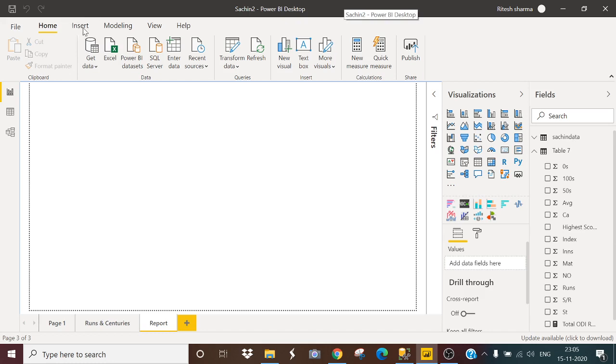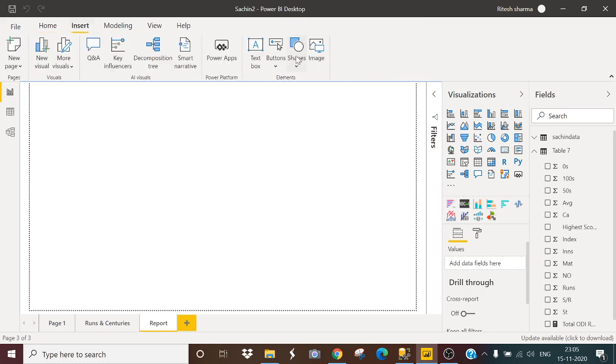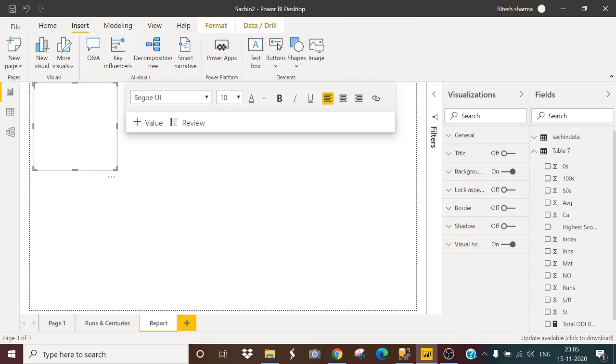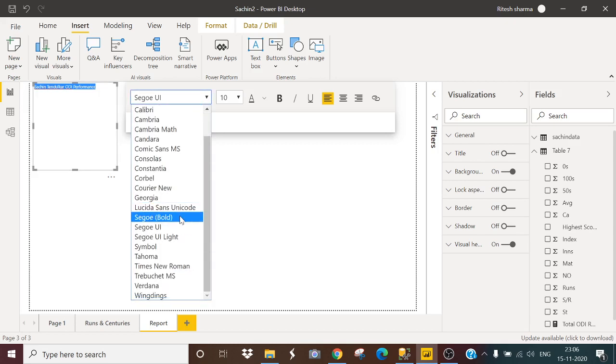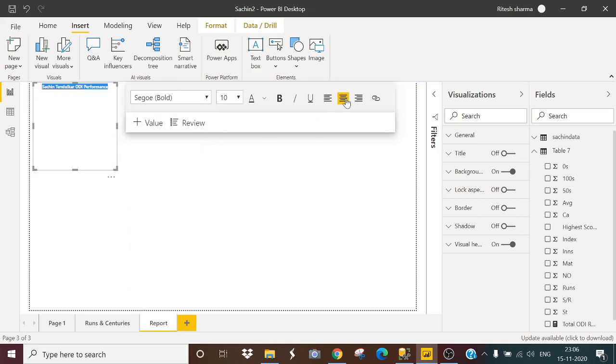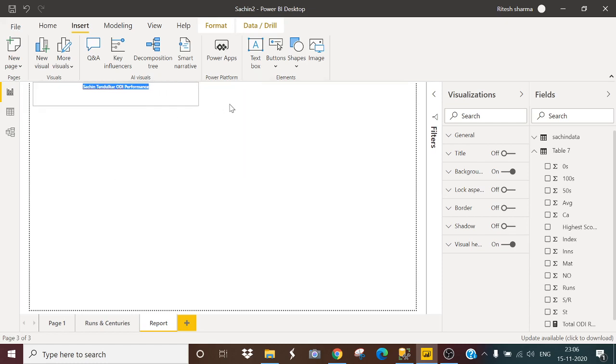Firstly, I will go to this Insert button and insert this text box, and I will name it Sachin Tendulkar ODI performance. I will make the font bold and center it. Now I will drag it here.